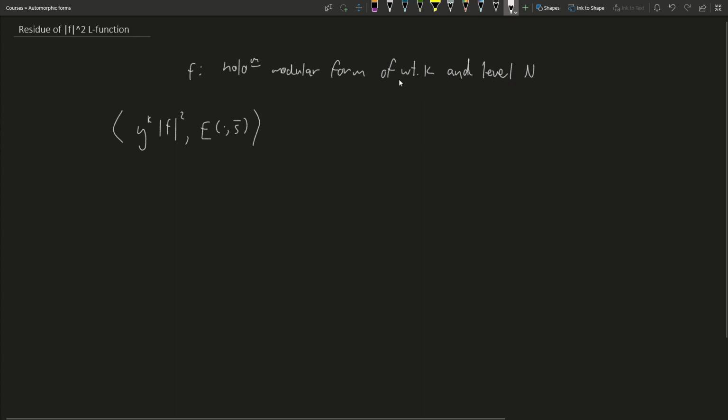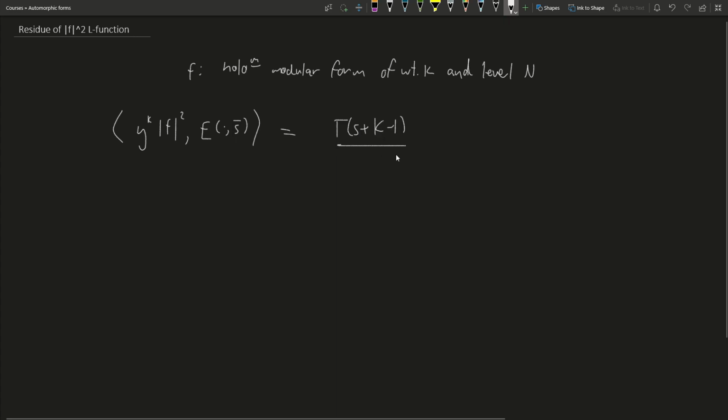And because it's a holomorphic modular form of weight k and level n, the absolute value squared times y to the k is weight 0 and level n in trivial character. And so it makes sense to take the Petersson inner product with this Eisenstein series of level n in trivial character. And what we found through the method of unfolding is that this inner product was equal to